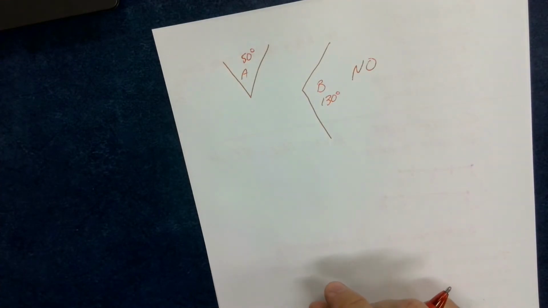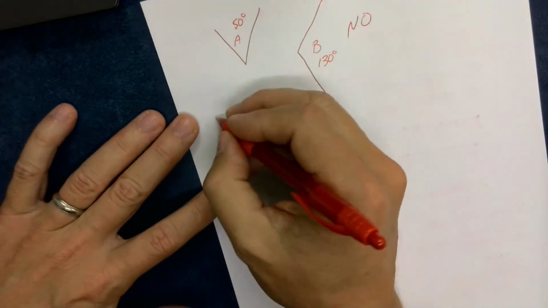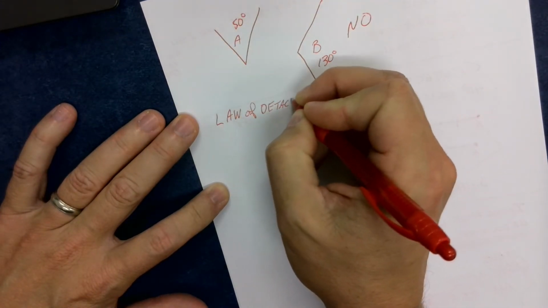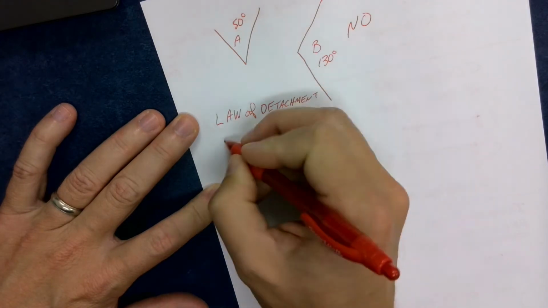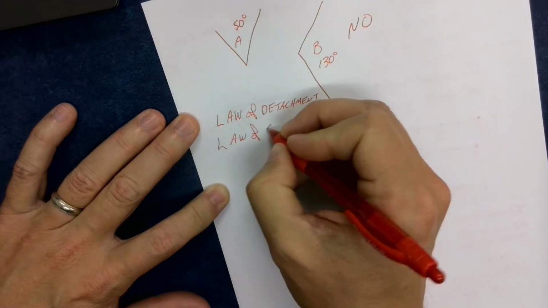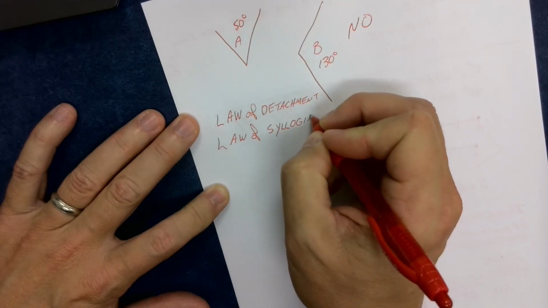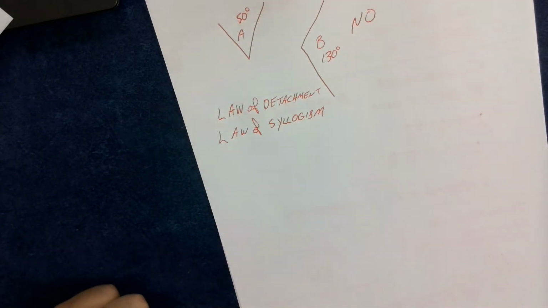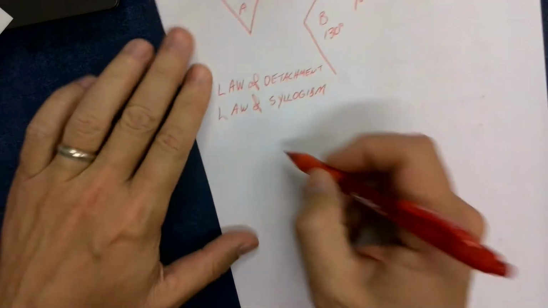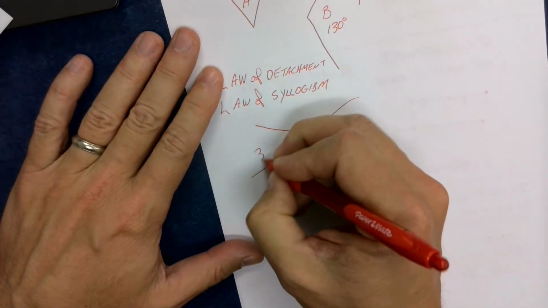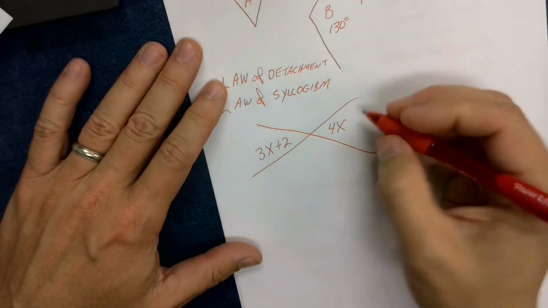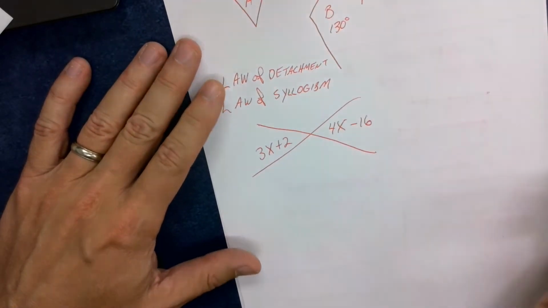Okay, so we got a whole section on that. We have a section on the law of detachment and the law of syllogism. So make sure you've reviewed those two things and how they work out and how we can use them to apply logical statements. I'm going to give you some algebra related problems. So maybe I'm going to give you something like this. I'll give you this 3x plus 2 and this one 4x minus 16, and